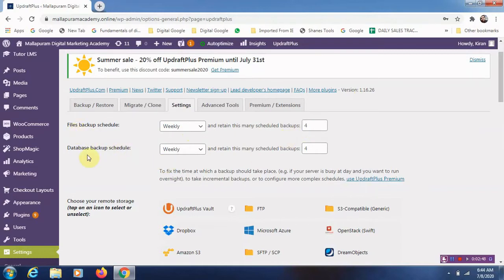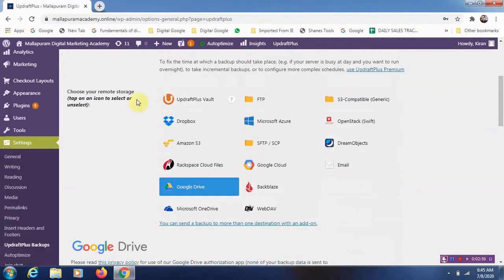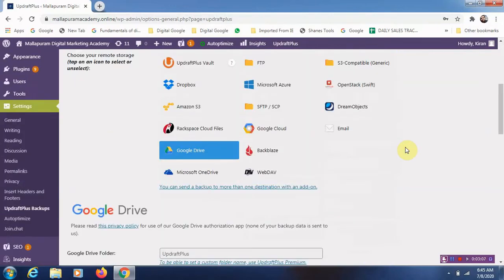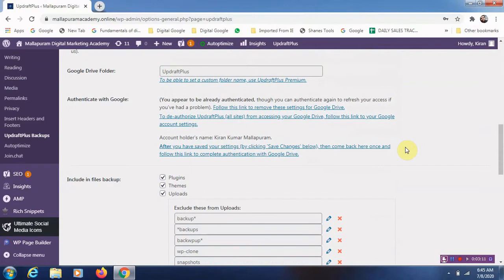And this is about the files, and this is the database backup. Please also keep this as weekly, or if you want to do it daily, you can do it, which will be updated on a daily basis. And these are the options that you will have. As most of us are new, I would recommend you go with Google Drive. And once a backup is done, you will get a mail or a file which says that the backup has been completed.